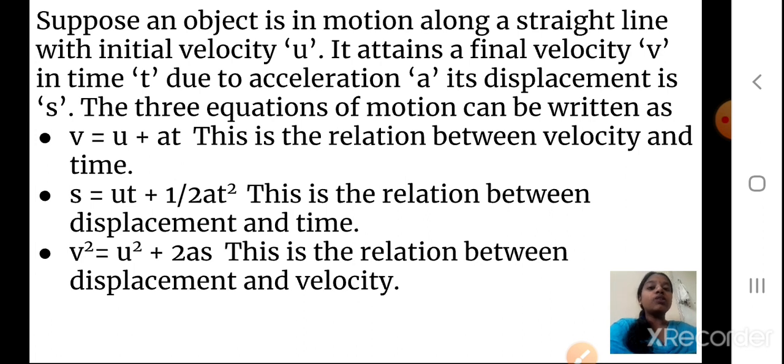Okay students, all these 3 are very important formulas and very important derivations, and we are going to learn them one by one. I want you to solve it in your book along with me when you watch this video, then you will understand how we have come to the end of the derivation, how that particular formula is derived. So today we are going to do the first one, that is v equal to u plus at. Okay student, now we'll start.